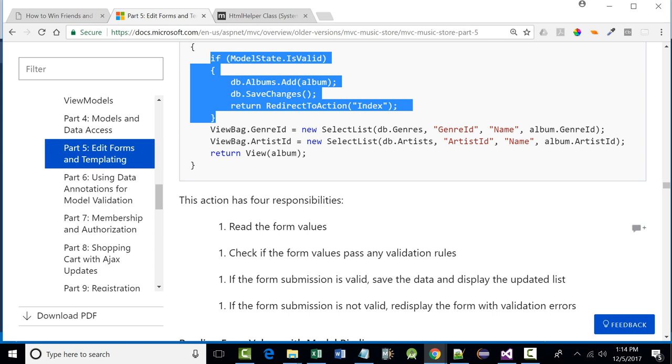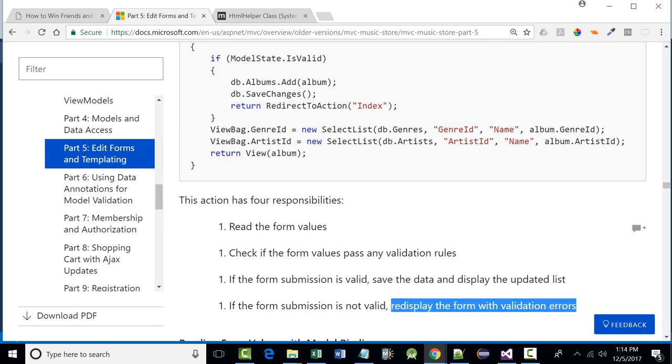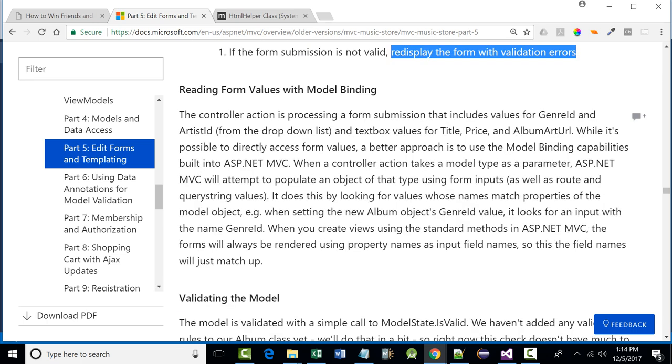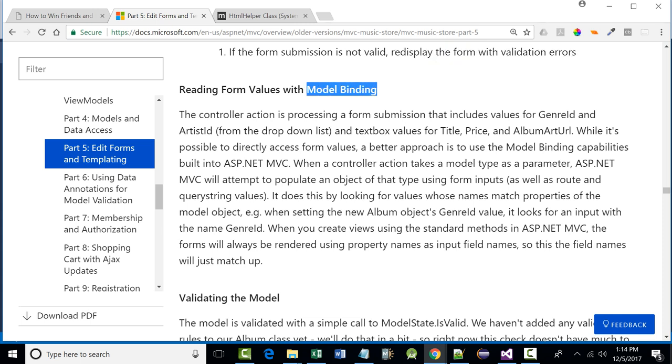And it says, redisplay the form with validation errors. Not now, because in chapter 6 is where we start to add the validation errors. We do a little bit of validating in here at the end, but not too much. Then they talk about another thing that you should at least look at and try to understand. We talked a little bit about model binding when we were still using the book. So it says here, the controller action is processing a form submission that includes a value for the genre ID and the artist ID. While it's directly possible to access these kinds of form values, the better approach is to use model binding capabilities